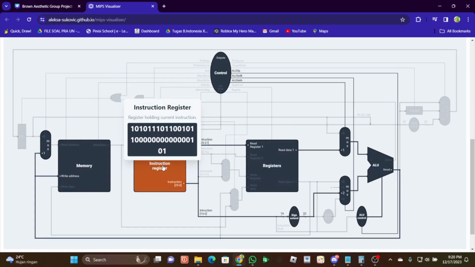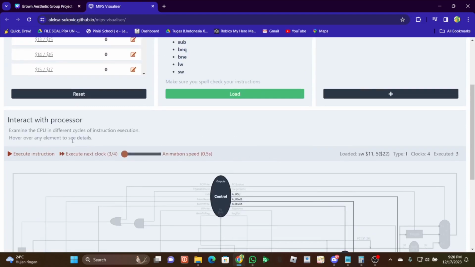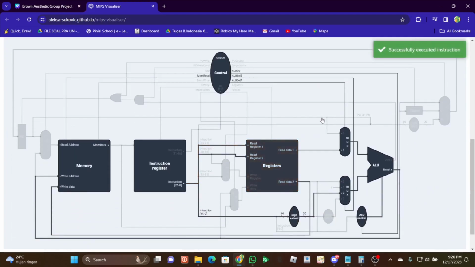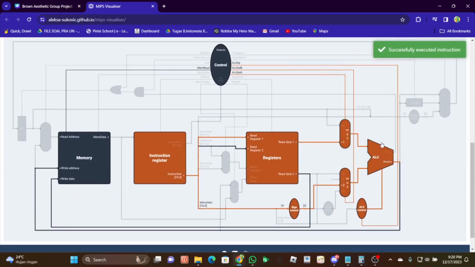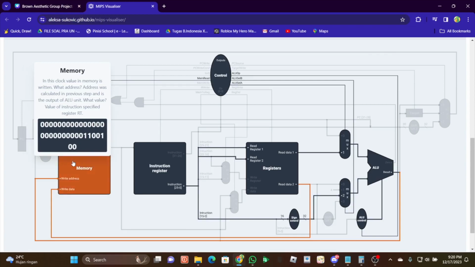Okay, the register is holding the current instruction, and the value in the instruction-specified register is read. Then in the last clock, the value is written to memory, but the address was calculated in the previous step. The address is calculated in clock three.